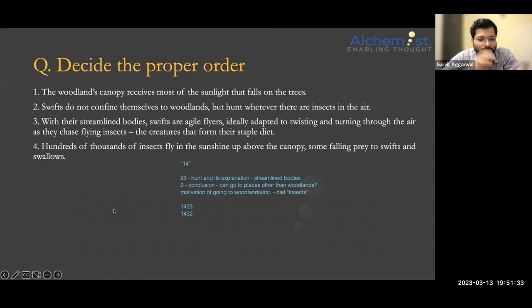ये देखो फोर्थ सेंटेंस इज टॉकिंग अबाउट फ्लाइंग इंसेक्ट्स जो उस कैनोपी में है, दे फॉल प्रे टू स्विफ्ट्स एंड स्वॉलोज। स्विफ्ट्स जिनकी किसी तरह की बॉडी होती है, आराम से घूम लेते हैं और उनको खा लेते हैं क्योंकि उनको पसंद है ये खाना। क्योंकि यहाँ पे इंसेक्ट्स की भी बात हुई है, यहाँ पे भी हुई है, स्विफ्ट्स की भी बात हुई है, यहाँ पे भी हुई है। सो देयर 3 शुड फ्लो आफ्टर 4। ये भी एक दूसरा रीजन है। और चारी वाला रीजन भी बढ़िया था,